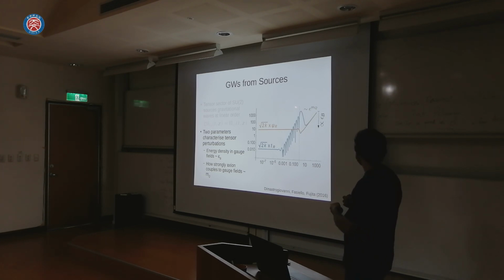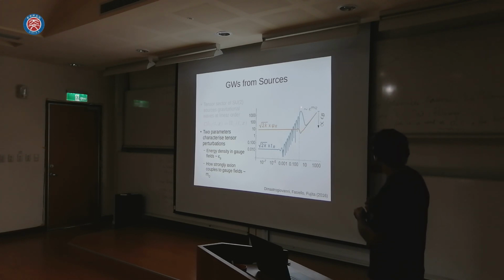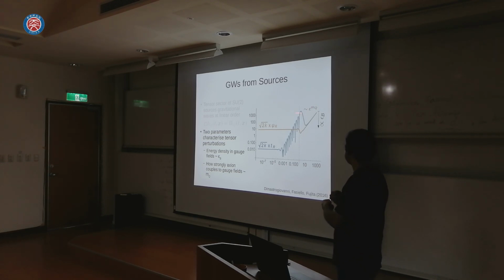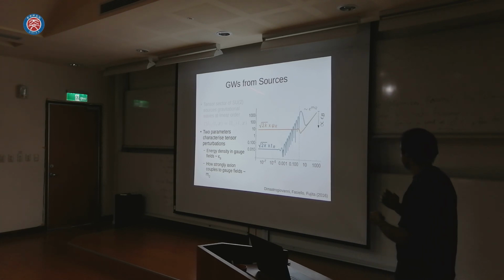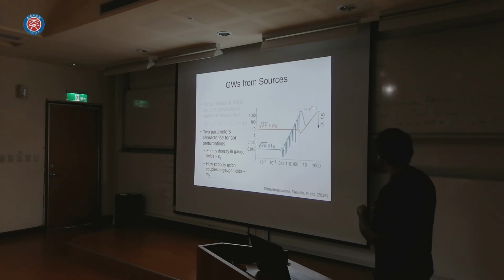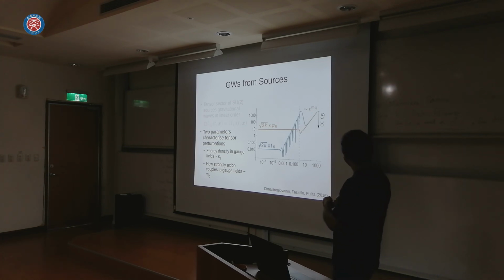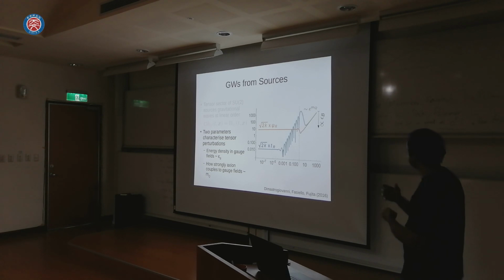So the efficiency of this first process, where the axion transfers energy to the gauge field, is controlled by the strength of the coupling between the axion and the gauge field. That is encoded in this parameter mQ, which is essentially just some coupling strength between the axion and the gauge field. And we see that there is a near exponential amplification of the gauge field depending on this coupling strength with the axion.